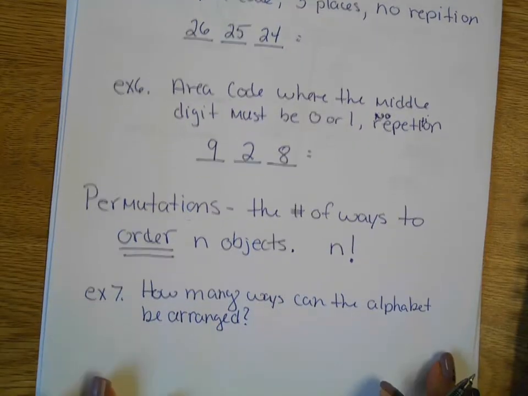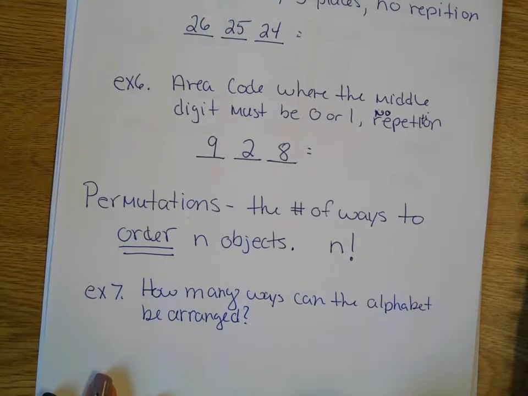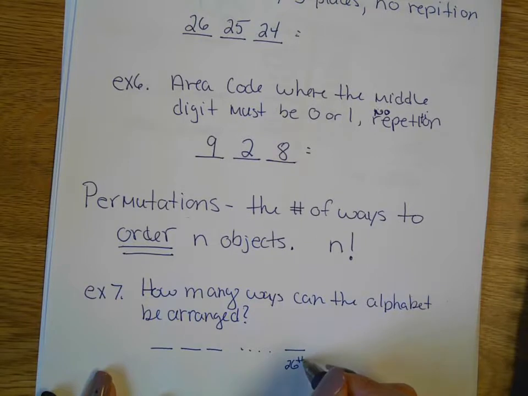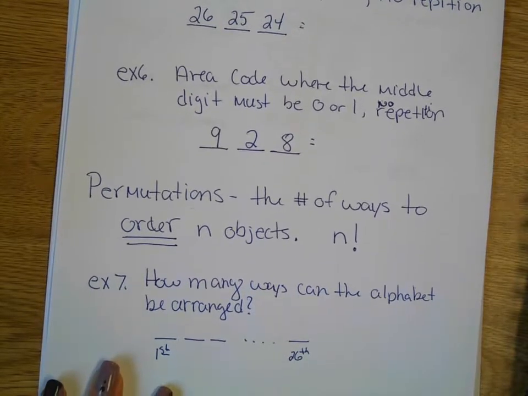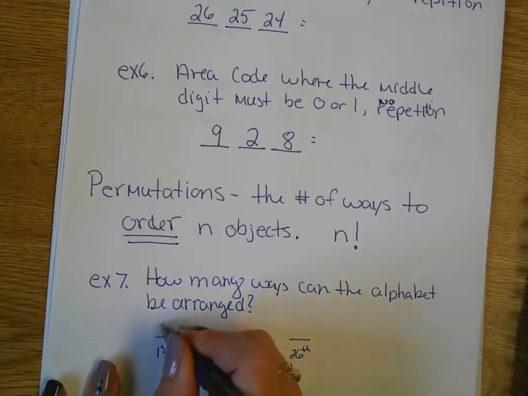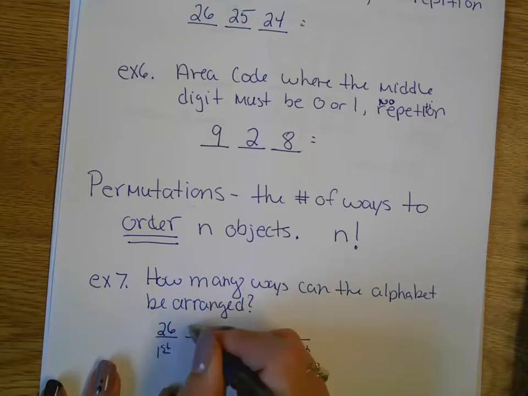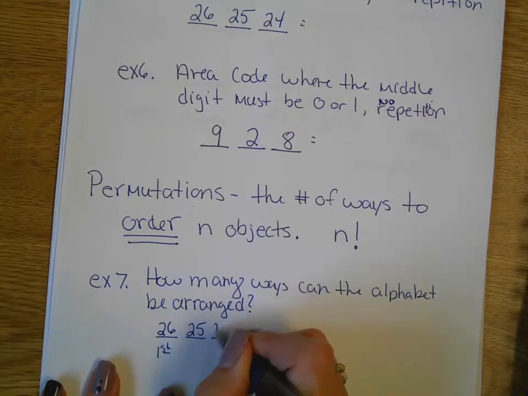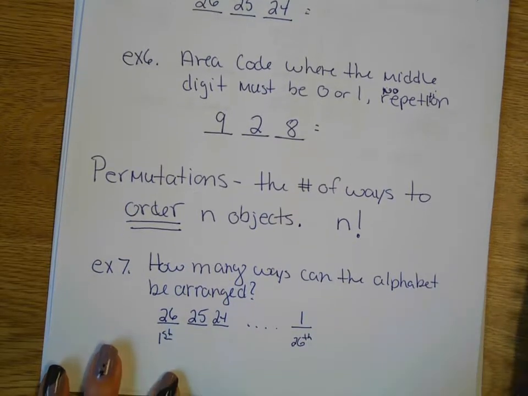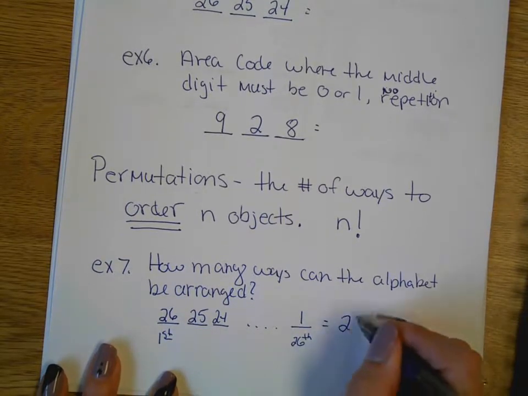We could think of this as a 26-part fundamental counting principle, dot, dot, dot, all the way down to the 26th letter that I pick. It's going to be a very big number. You can see why we're not going to write the whole thing out. So how many options are there for the first letter? 26, then 25, 24, all the way down to only leaving me with one letter chosen, which is the same thing as doing